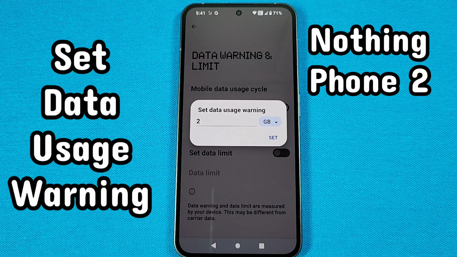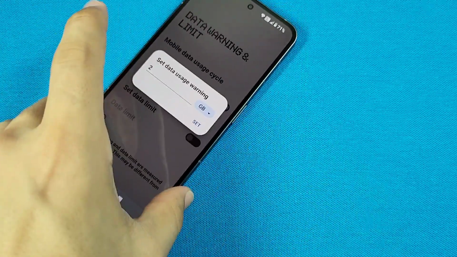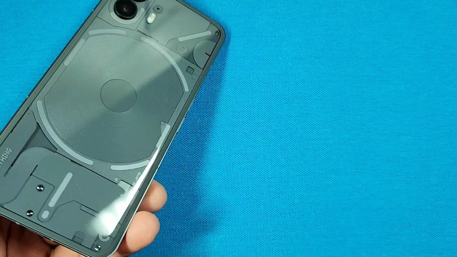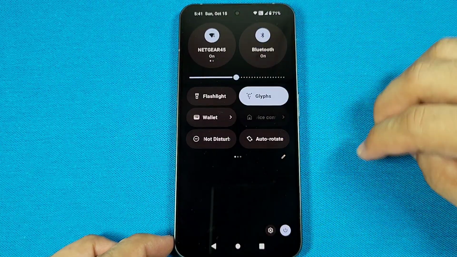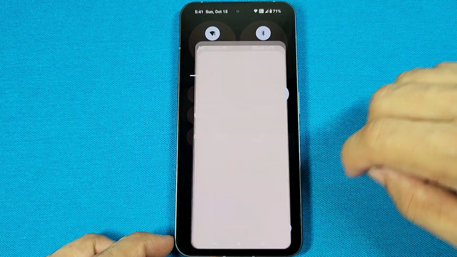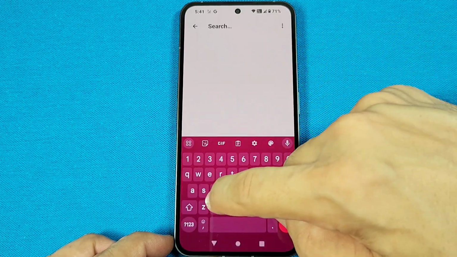How to set a data usage warning for the mobile data SIM card inserted into your Nothing Phone 2, and let's get started. To get into these settings, use the quick panel access here and go into the main settings of your Nothing Phone 2. And the fastest way there is by typing in the search settings, data